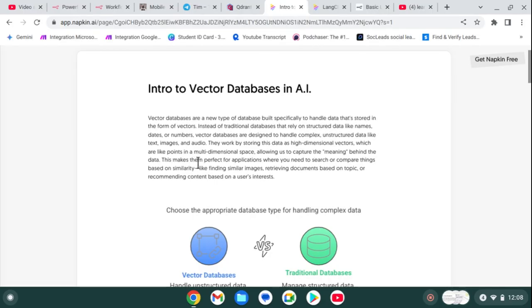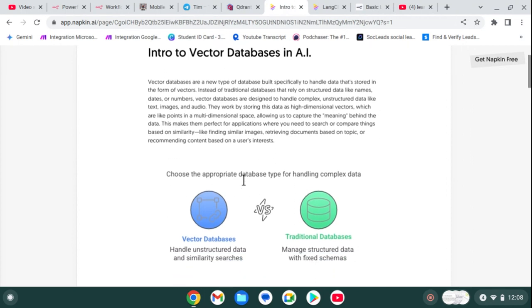This makes them perfect for applications where you need to search or compare things based on similarity, like finding similar images, retrieving documents based on topic, or recommending content based on user interest. Previously, we searched on a database, like an old database that we needed to rely on.